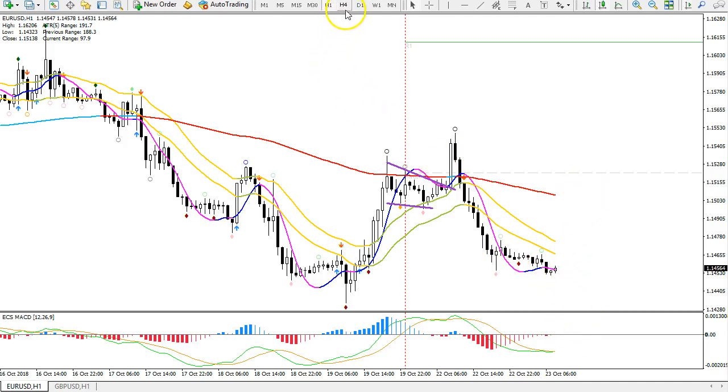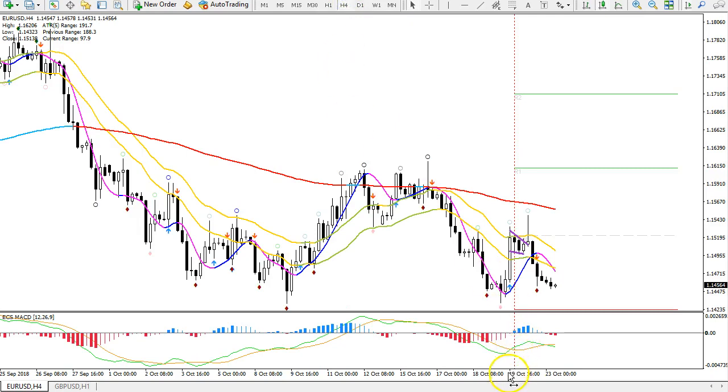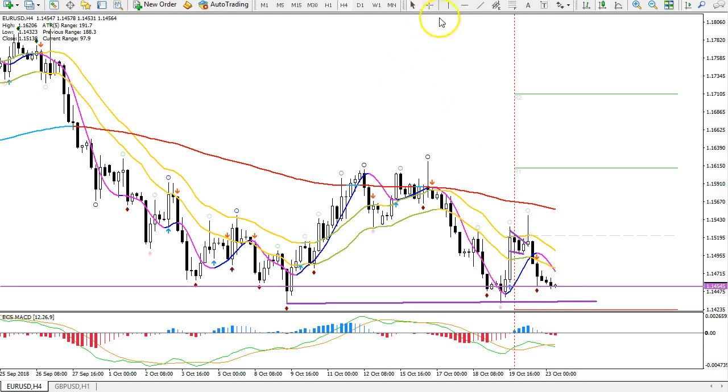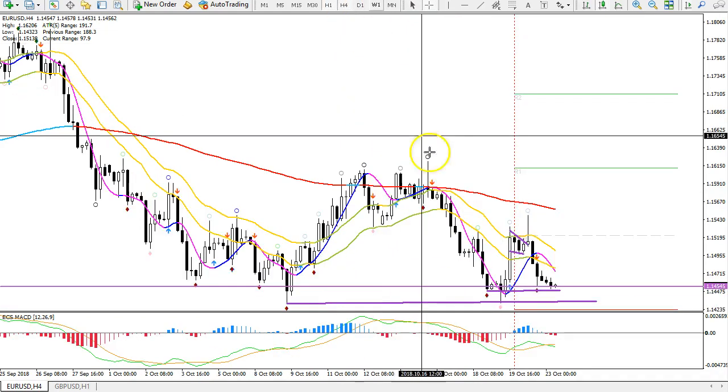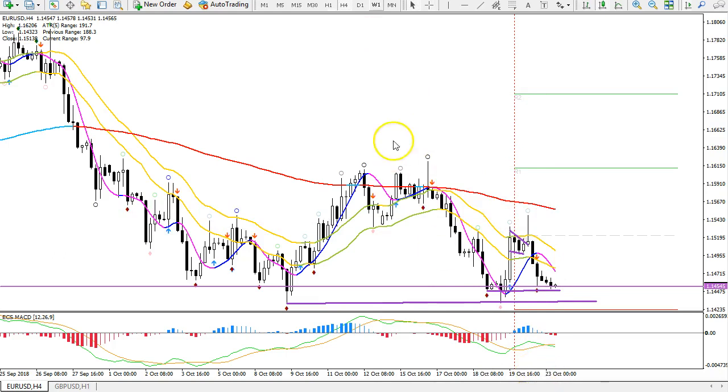So what is the target for downside if we do get the break? Let's take a look at that 4-hour chart again, and let's put a trend line like this. So if we get a break, first of all, below this double bottom, and also below this support zone in general here, let's put a trend line like this on the hourly chart. All right, so if you get a break below this head and shoulders pattern potential here and the previous bottom, and that's all around 114.40 down to 114.30, then I would expect price to fall to the previous bottom,